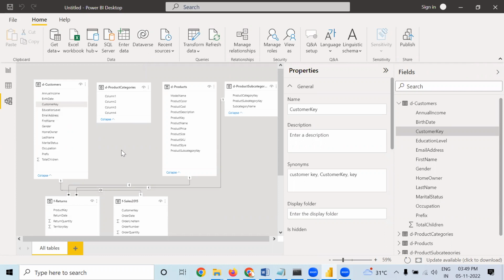One more difference between the dimension table and the fact table is that the dimension table will have a primary key and the fact table will have a foreign key. Whatever is common between them, that particular key will act as a primary key here, and the same key will act as a foreign key in the fact table. For example, this table is connected to this table, right? This is their connection. What is the common column between them? It's Customer key. So here customer key acts as primary key and the same customer key acts as foreign